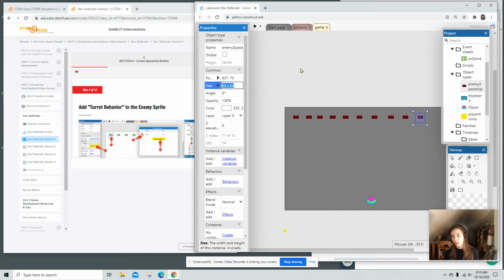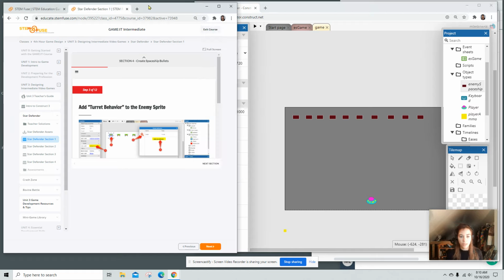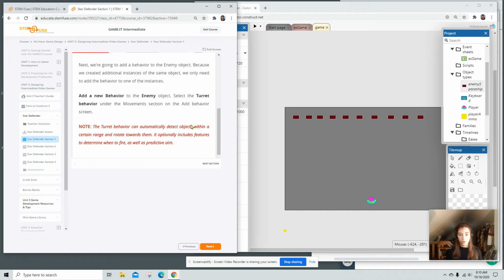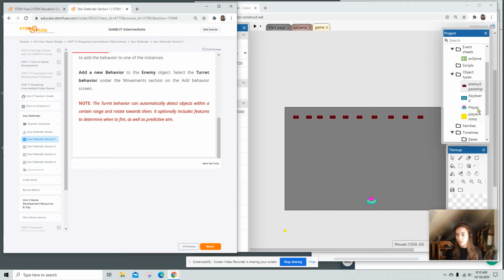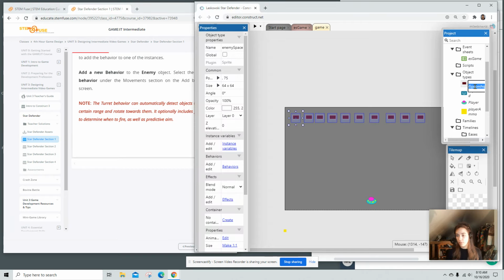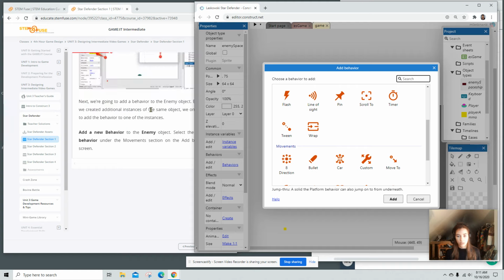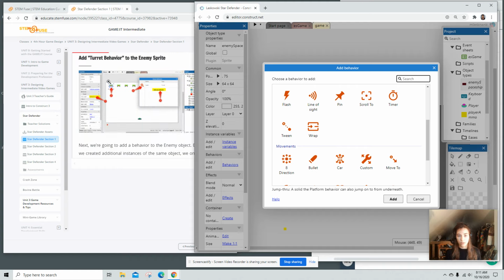All right, cool. So they're all in a line. Next, we're going to add turret behavior to the enemy sprite. So add a new behavior to the object enemy. By now you should be getting comfortable. We're going to make sure that this is highlighted over here. We'll add a new behavior, and we're going to go find this new one. We haven't used this yet. It's called turret